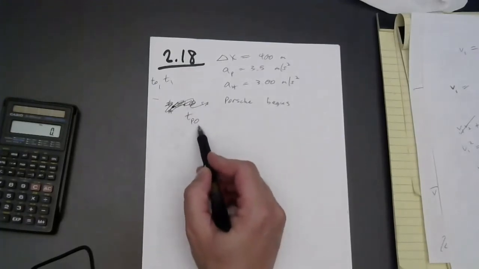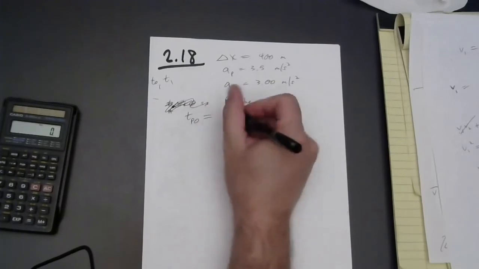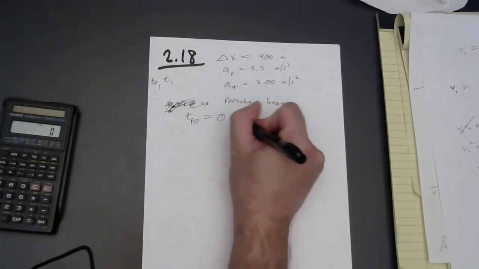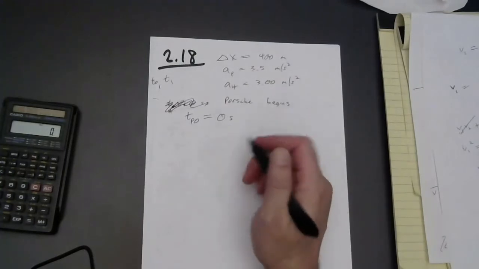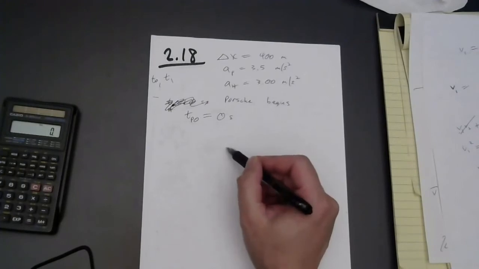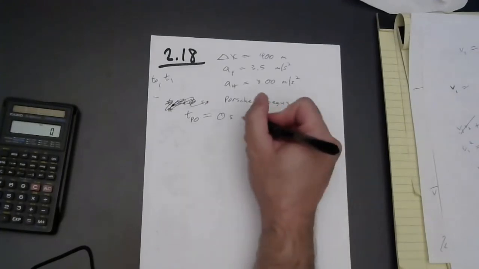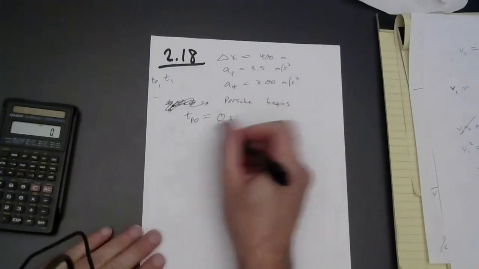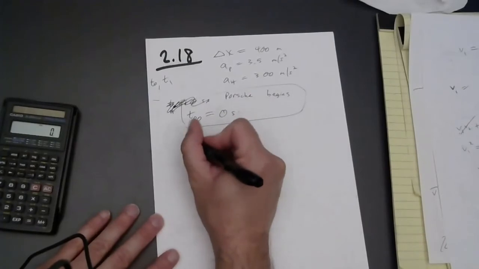So TP0, that's the start time for the Porsche. And I'm going to go ahead and put that at 0 seconds because we do have an absolute coordinate system of time. And if the Porsche starts at 0 seconds, then the Honda, which gets a 1 second head start, would actually start at -1 seconds. So this all goes together. Sorry, this is sloppy, and we'll go with